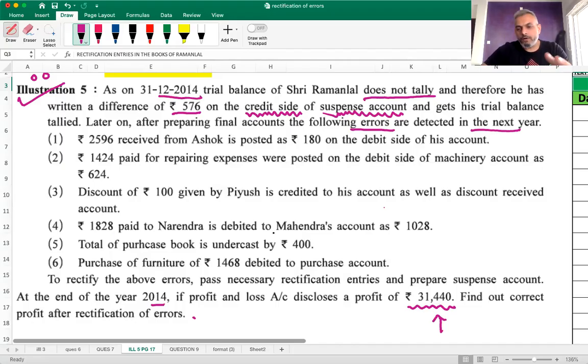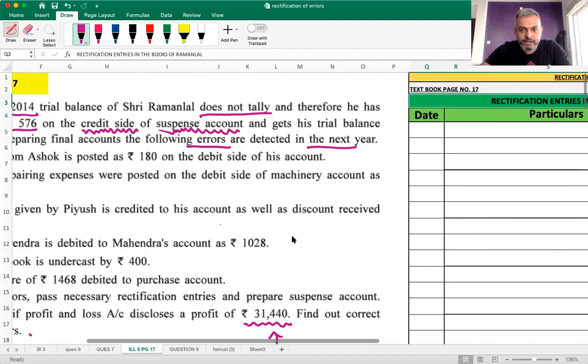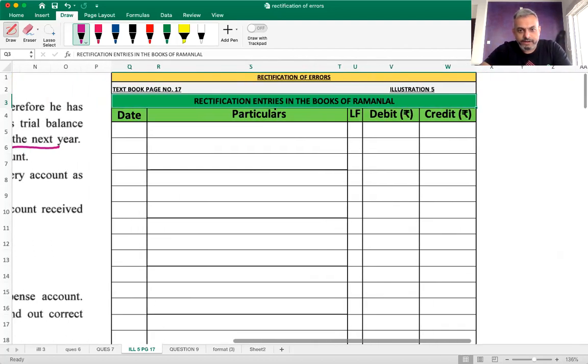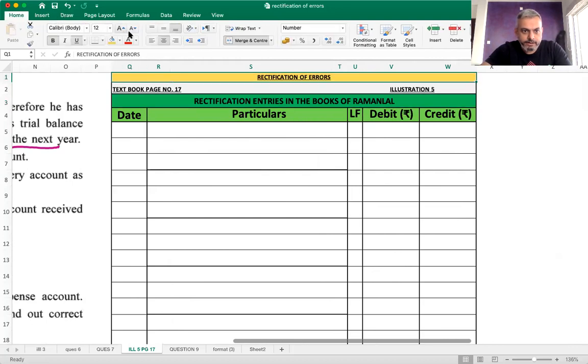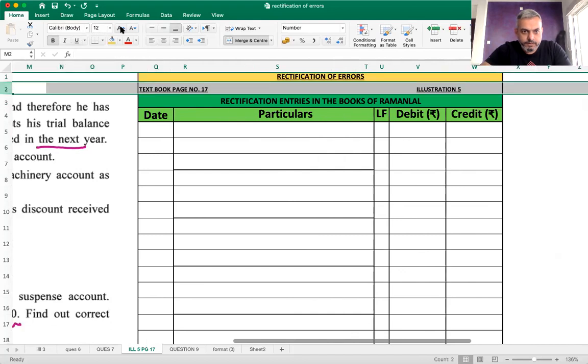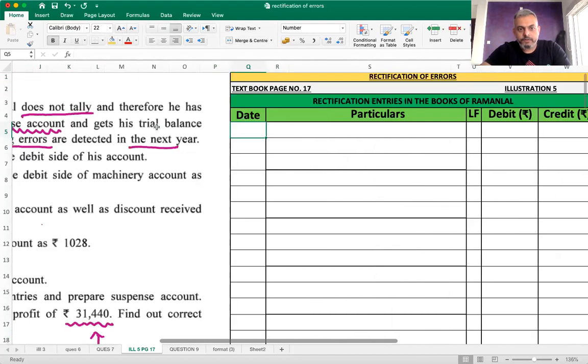Now, what we will do is we'll first rectify the errors and then we will go for the concept of the suspense account and effect on profit and loss account. So right now, let's focus on rectification of error. Write the heading, rectification entries in the books of Raman Lal, and let's start. First one,